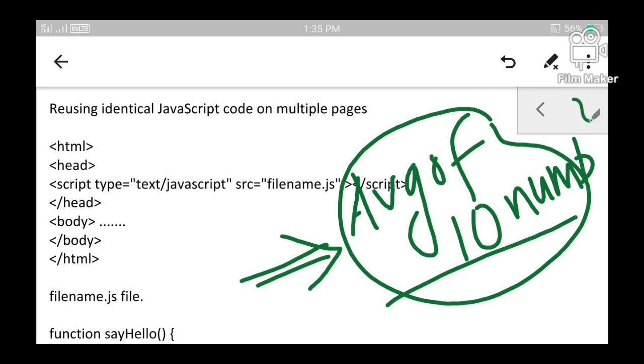In such circumstances, instead of writing the code again and again, you can include the code within a separate file, and the file can be saved with an extension .js. Any file name, but the extension should be .js. This means this file consists of JavaScript code, so that whichever program wishes to include this script can include it as an external file. Let us see how this can be done.